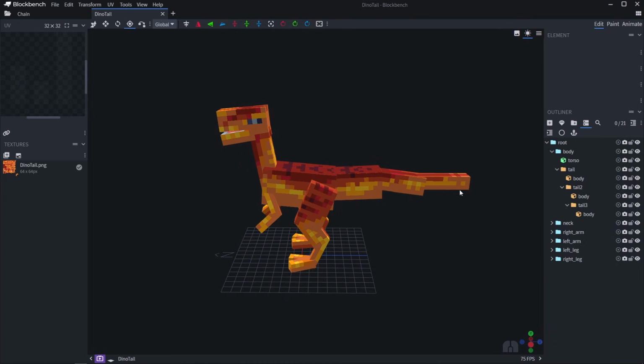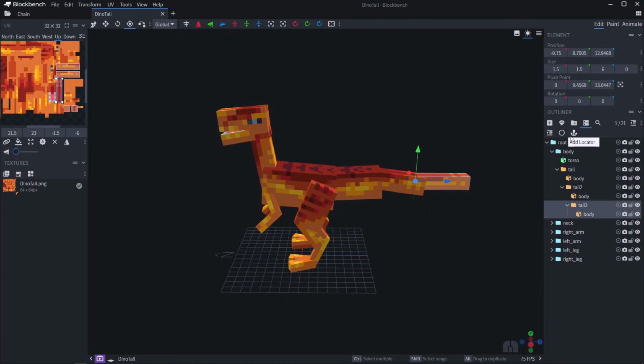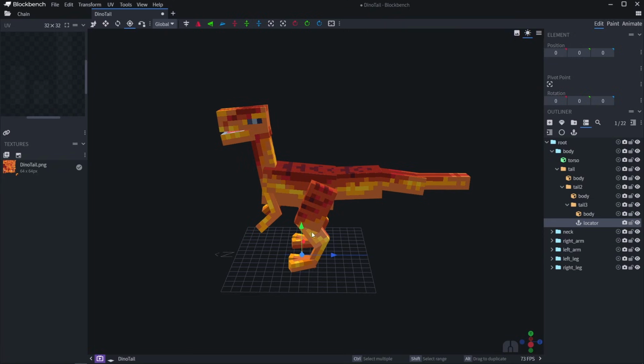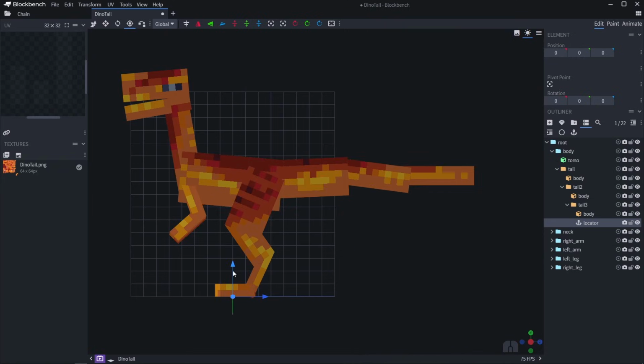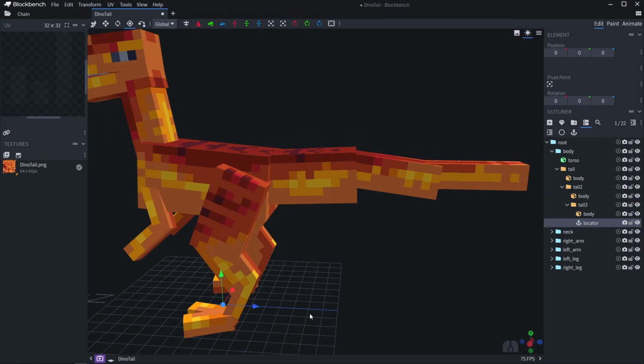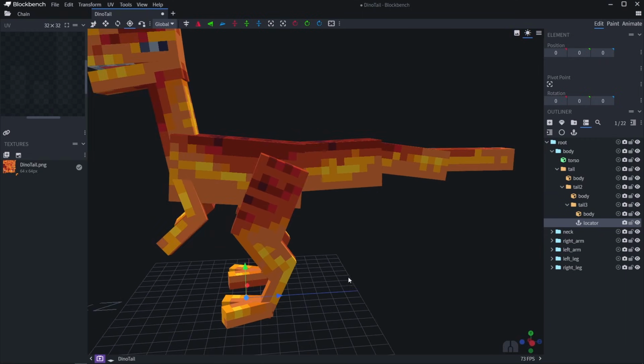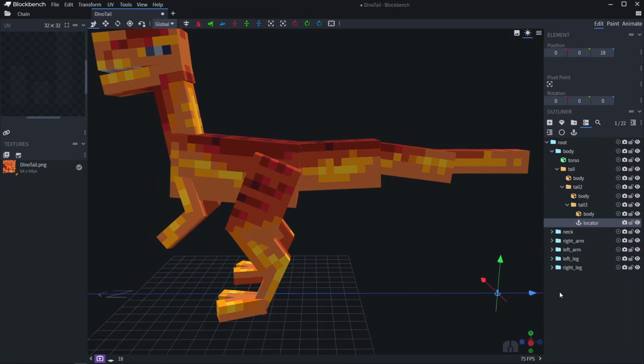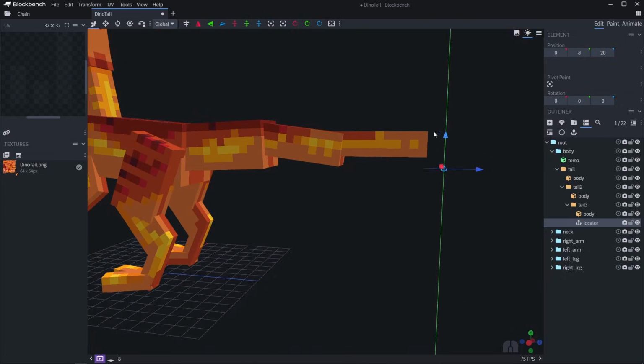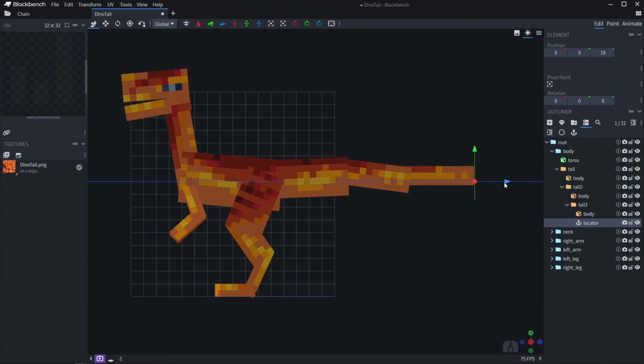So what we're going to do is go to that end link for the tail, do the same thing where we add a locator, and it will spawn at the origin, so you do need to move it. Sometimes Blockbench has this goofy bug where it doesn't like the... I don't know what the heck that was, but we're going to move it to the end of the tail, just ever so slightly inside of it,